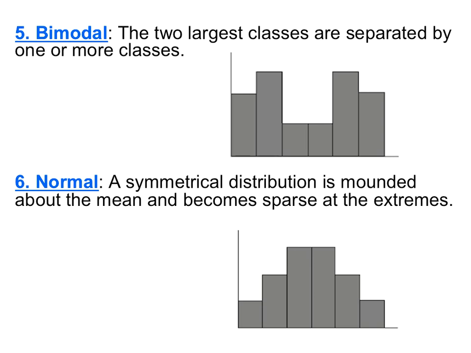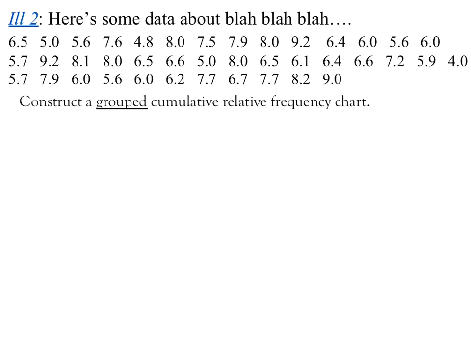Okay. So let's pretend that we have a bunch of data, and we're going to do the same thing that we did yesterday, which means we're coming up with that percentage, that frequency that something's occurring. We did the count yesterday, and then we came up with the percentage that count was of our whole total data, and then we came up with the cumulative frequency. So part of what we're going to do today is create a cumulative frequency chart, which goes along with the next graph that we do. We're going to be doing a Pareto type graph, which was for qualitative. We're going to do that for quantitative,